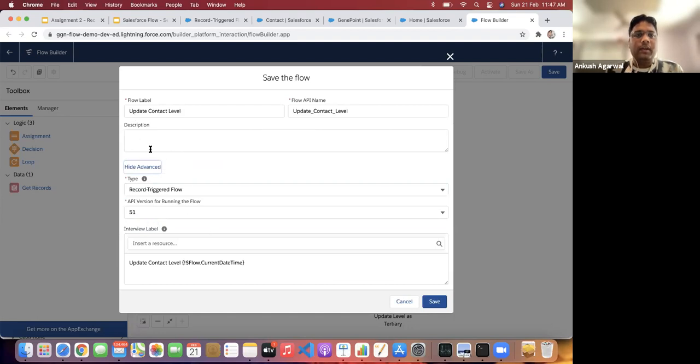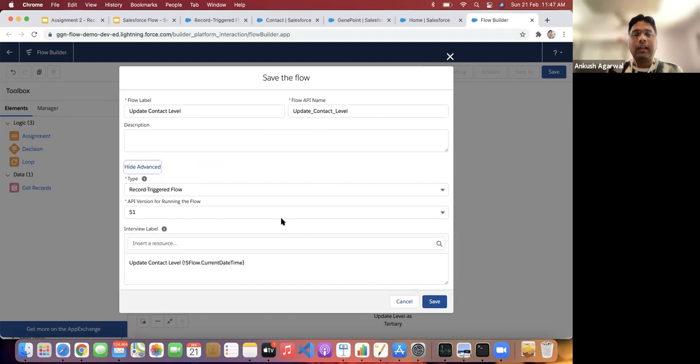And if you remember in the last session, we were having the option of how you want to run that particular flow, whether in the system mode or in the user mode. But here that option is not available because all these automated flows run in the system mode. Every time these flows will run in the system mode only.